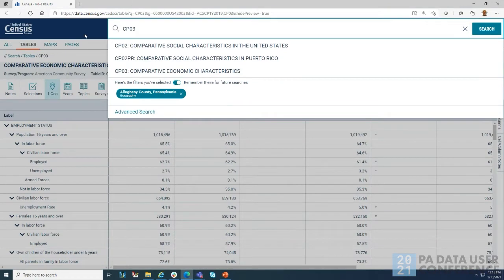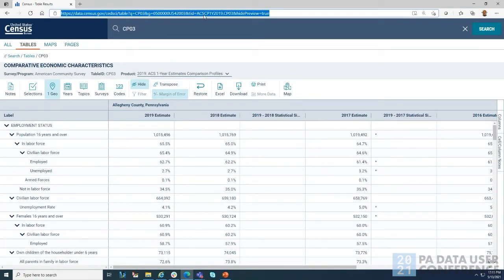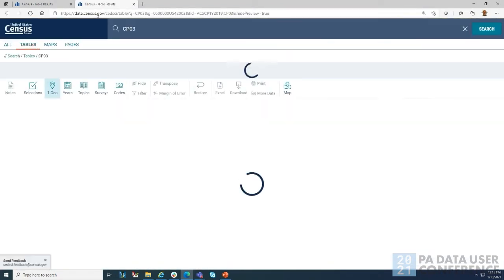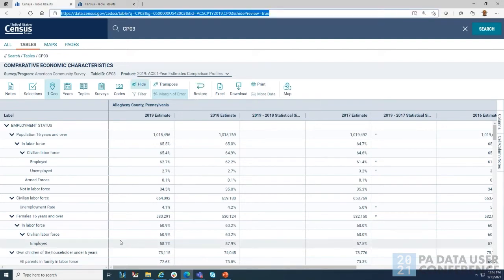But right before, I wanted to show you one last thing. If you want to keep that table, all you have to do is cut and paste the link. And that really helps as far as not having to create deep links or anything. So you still get the table that you're looking for when you cut and paste it that way.